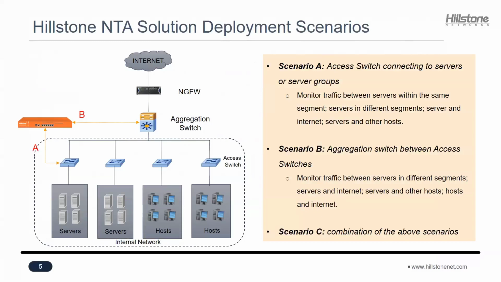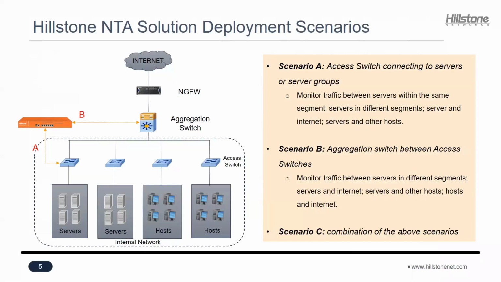Typically, the network topology inside the corporation consists of multiple servers or host groups, like an FTP server, mail server, web server, things like that, connected to the aggregate access switch, and all these access switches are then connected to what we call the second layer aggregation switch, and then going